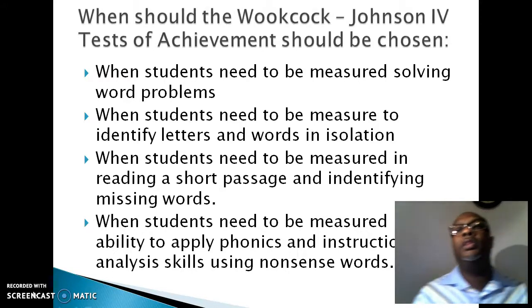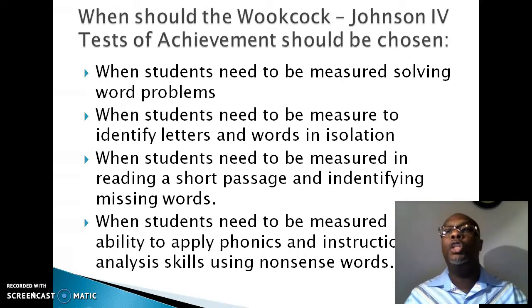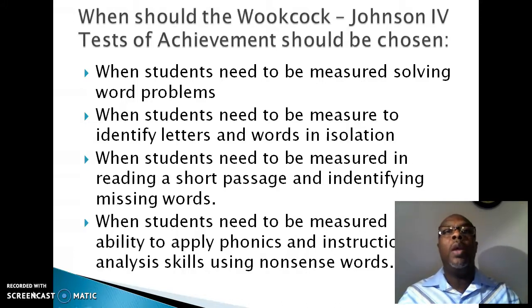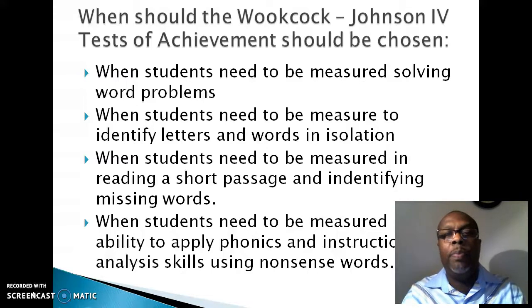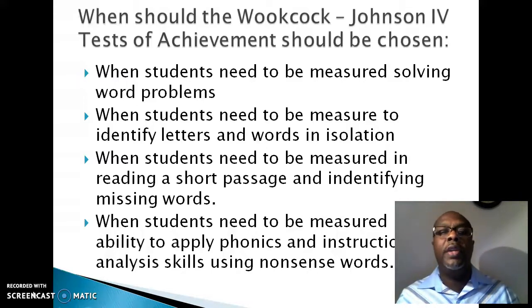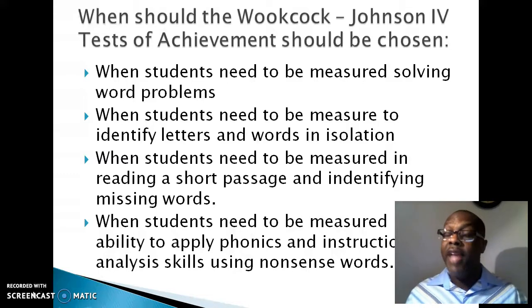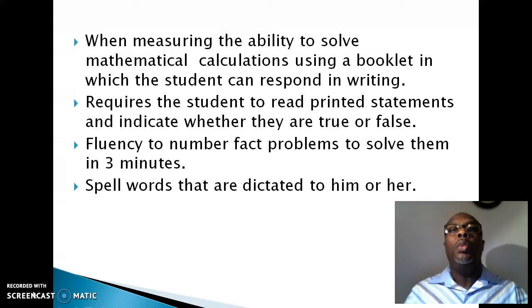When should the Woodcock-Johnson number 4 test of achievement be chosen? Well, when students need to be measured in solving word problems, when students need to be measured to identify letters and words in isolation, when students need to be measured in reading a short passage and identifying missing words, when students need to be measured in the ability to apply phonics and structural analysis skills using nonsense words, when students